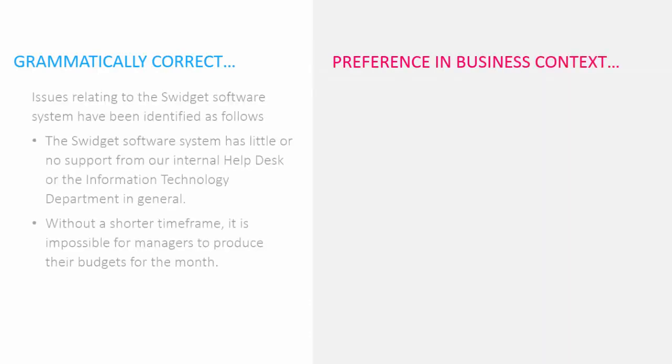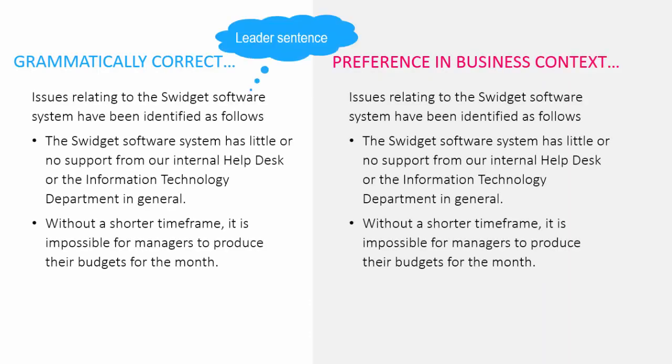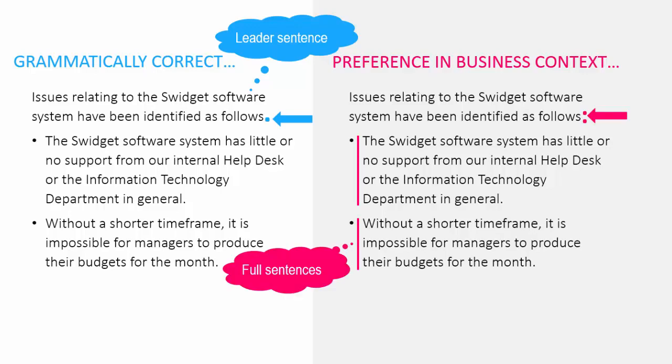Sometimes a full sentence can be used to introduce a series of bullet points or list items. Let's call this a leader sentence. You can end the sentence with a full stop or period, as it is a complete sentence. However, I do understand that many writers prefer to use a colon as it signifies a relationship between the lead-in and the list items. Leader sentences can be followed by list items that are full sentences themselves, like in this example,